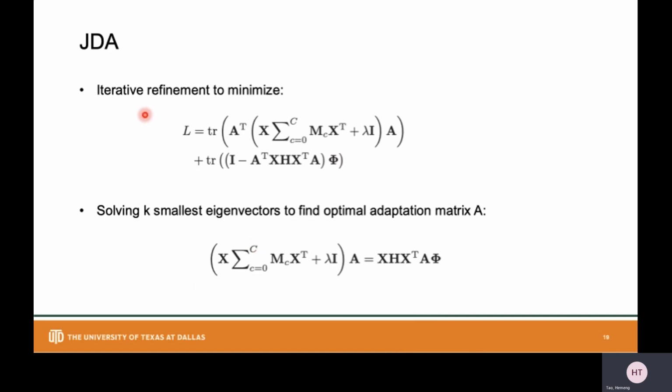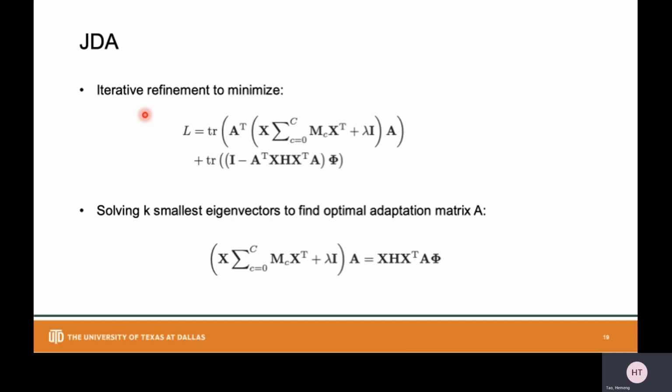So to reduce the marginal and conditional distribution difference jointly, the JDA method proposed an iterative learning process similar to the EM algorithm, using pseudo target labels to improve the labeling quality until convergence.